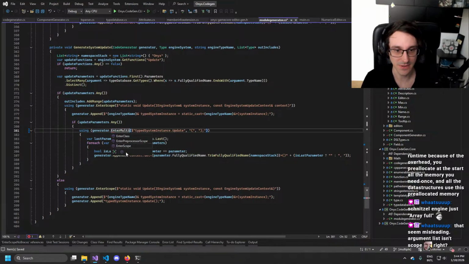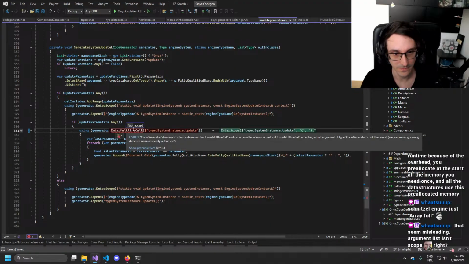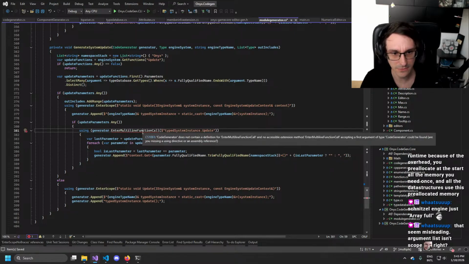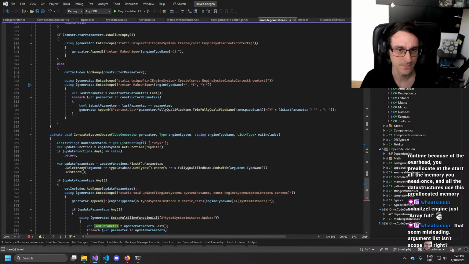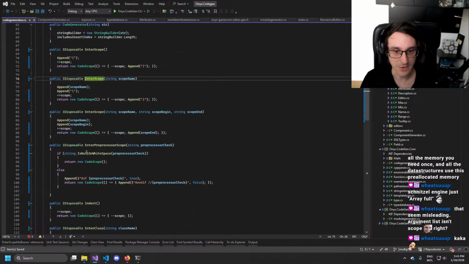Okay, enter multi-line core. Multi-line function core. Just for you.